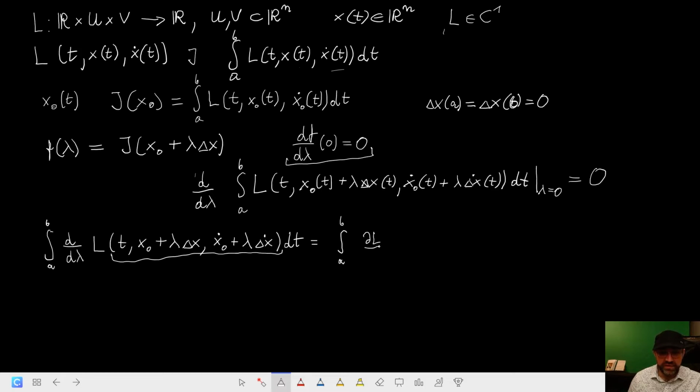So the first partial derivative that we care about is over x. We will take notation from that. So this is x, and that will be dx over the lambda, plus